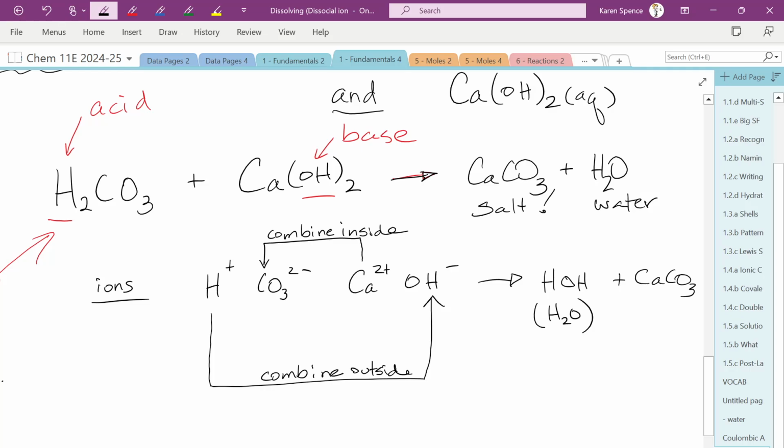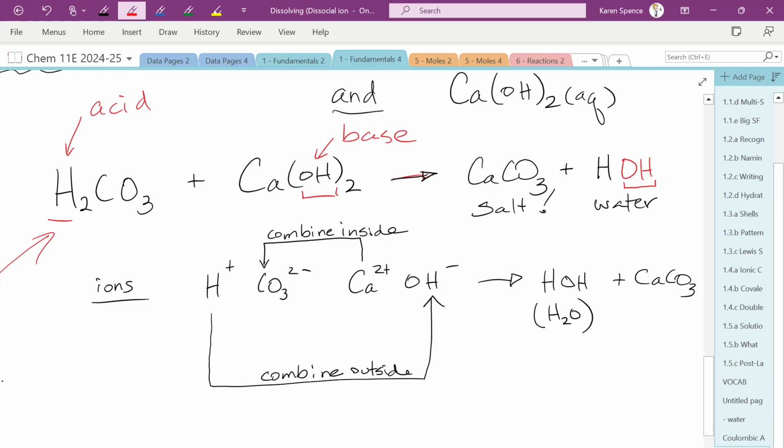And I will let you in on a little secret. If you ever have trouble balancing a neutralization reaction, like you might have no problem balancing this one, but I'm just going to show you this for argument's sake. If I write my H and my OH as separate things, and I treat the OH as a different unit than the H, and I balance the OHs and the Hs separately,